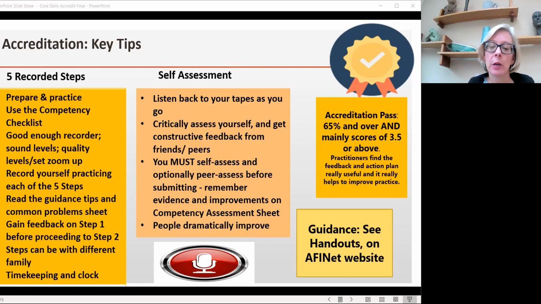So how do you become accredited? The accredited assessor will listen to your work, and then the pass rate is about 65%, but it's mainly getting scores of 3.5 out of 5 and above. So that means above average. Practitioners get a huge amount of feedback related to the competency and key improvements, and that's all summarised in an action plan. And as said, people find it really useful,